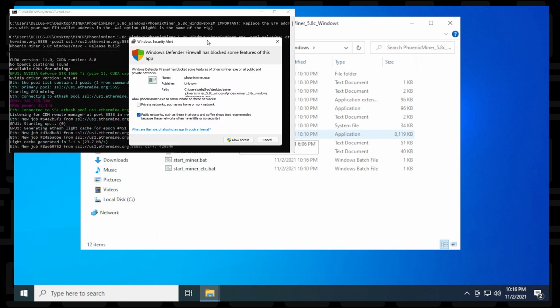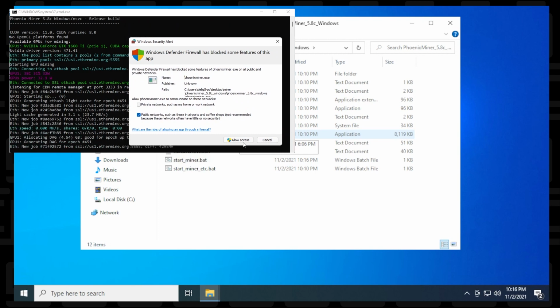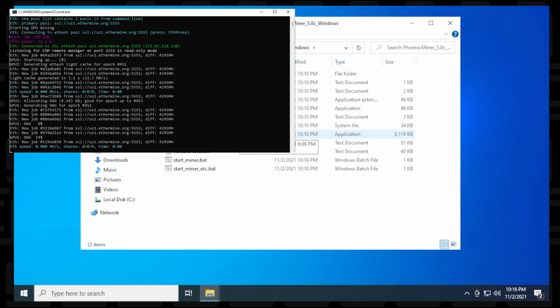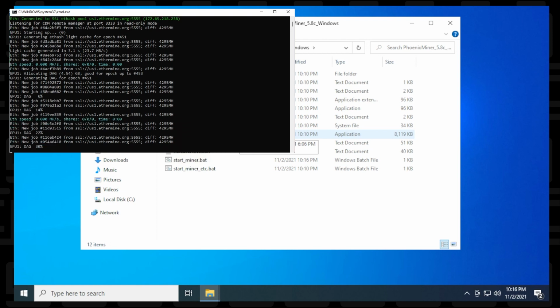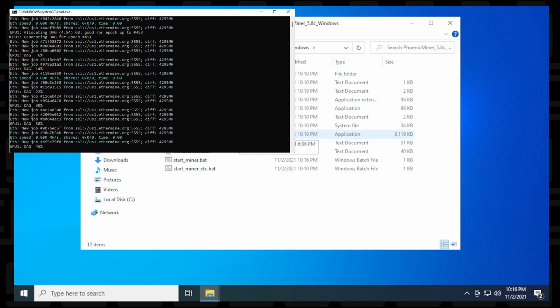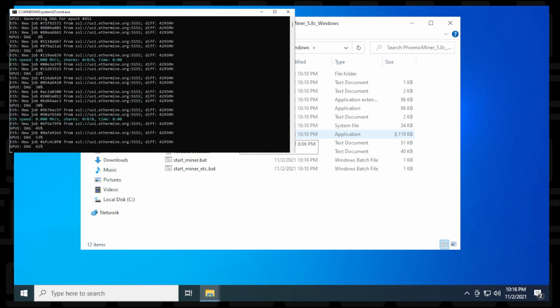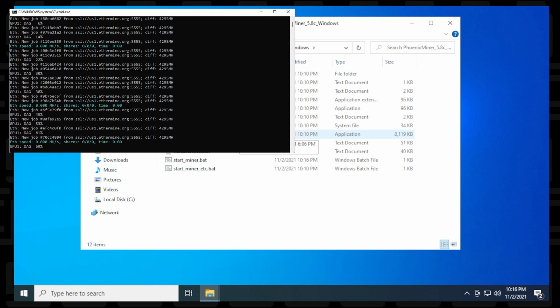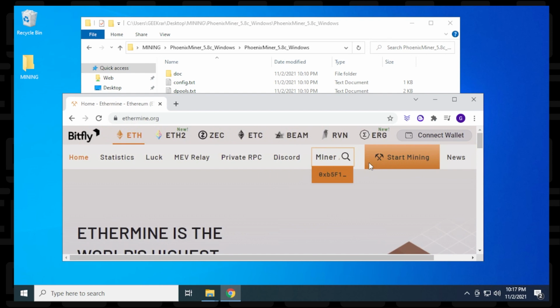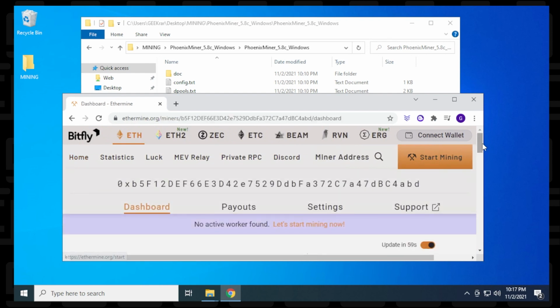So while this runs, you can go and check out the status of your miner and how much the hash rate is and how long it's been running for, and get a lot of statistics from your mining pool server. In this case, we use Ethermine, so you can go to the Ethermine website. The details do take some time to populate. So if you start running the miner and you go to your website like Ethermine, let me just do that right here. So if you put in your wallet address like I am right now,